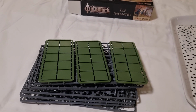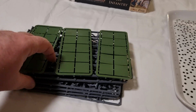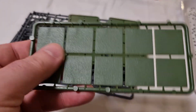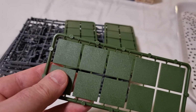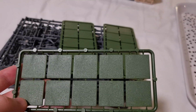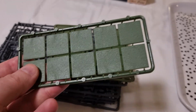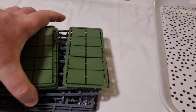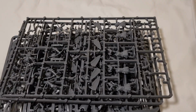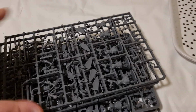So you get the bases, 25mm squares, with a thumbnail for scale. I don't have any bananas with me, but you get 30 bases of that. And I don't know why I've got the tray with me, but yeah, so we have